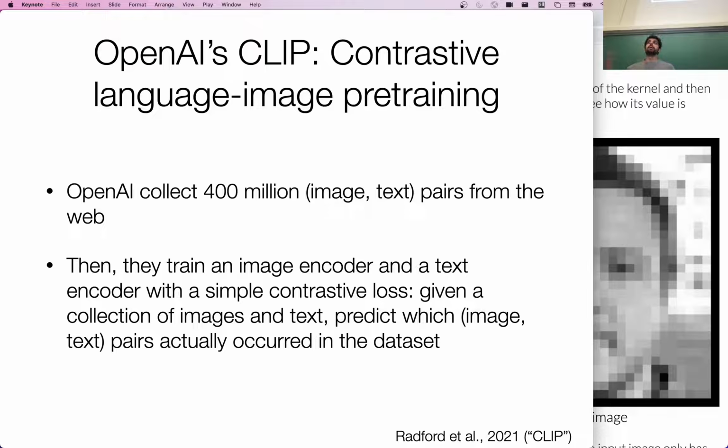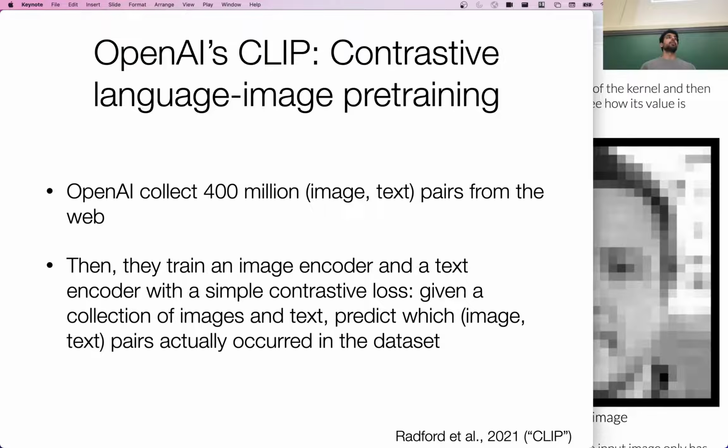And so we've seen many of these encoder-based models crop up where the input can be either image or text. OpenAI's CLIP encoder is probably the most popular of these kinds of models. Basically how it worked is they collected a huge data set of image-text pairs from the web. These could be the alt text of an image, or an explicit caption. You can just crawl these from the web or from Flickr or whatever kind of image hosting data sets there are. And then they decided to train two different encoders.